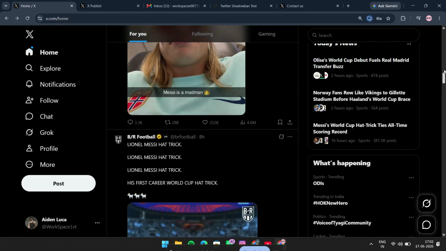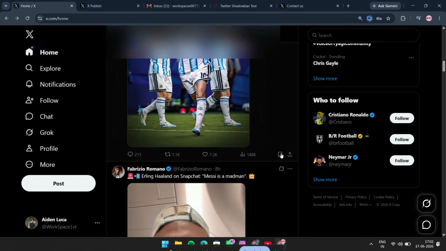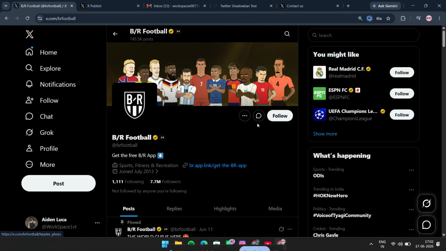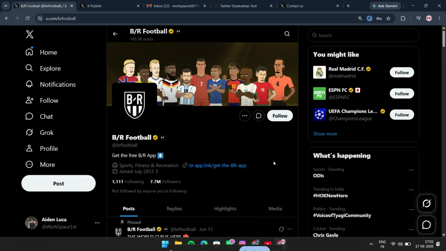If you do not want to fully block someone, you may also have other options like muting them, which hides their posts from your timeline, without notifying them in the same way a block might affect visibility. But if your goal is to keep someone from engaging with you, or viewing your posts as easily, block is